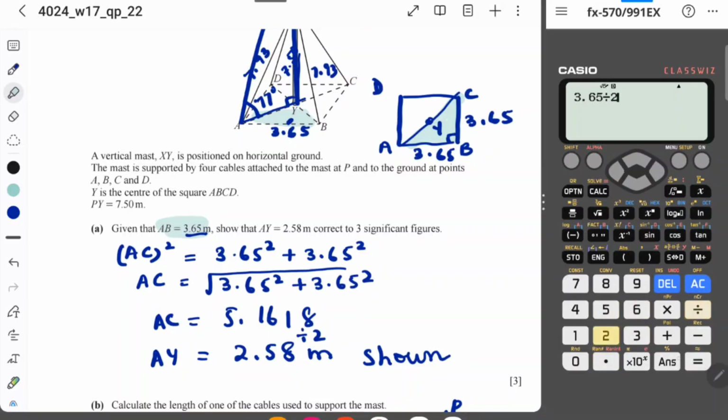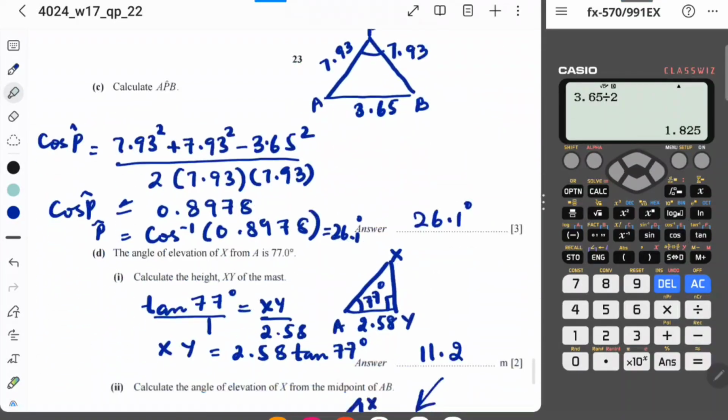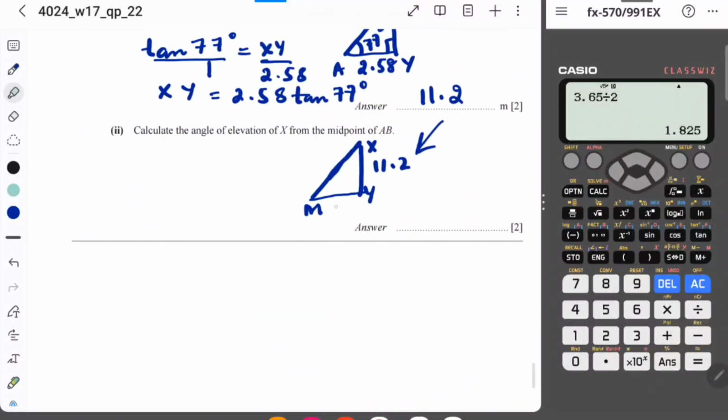3.65 divided by 2 equals 1.825. I'll show you in the above diagram as well. That is 1.825, and you need to calculate this angle of elevation. So again we are using tan, O over A. This is the opposite side and this is the adjacent side. So tan theta is equal to